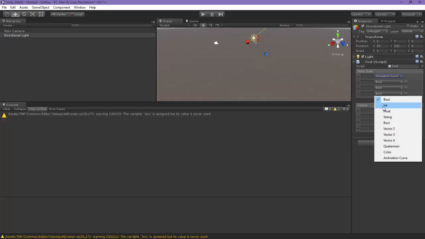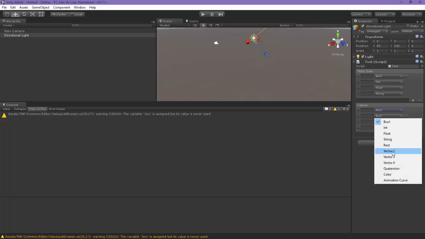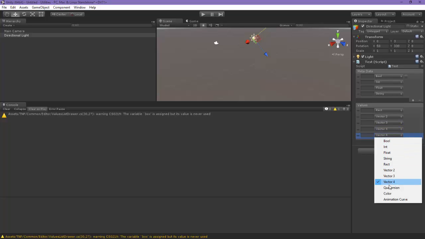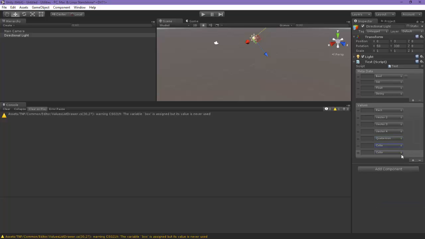So if I, for example, change this guy to be the boolean, then int, then float, then string, then this guy to be rect, vector 2, vector 3, vector 4, this guy be quaternion, color, and finally animation curve. Okay, so the simple ones are top. Now